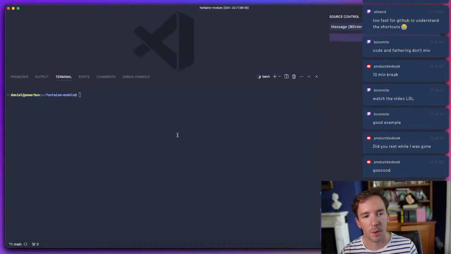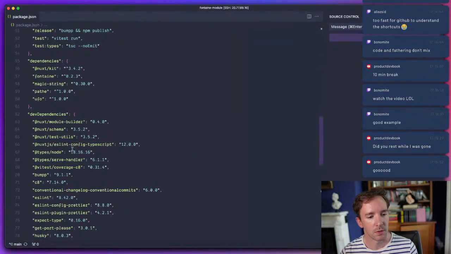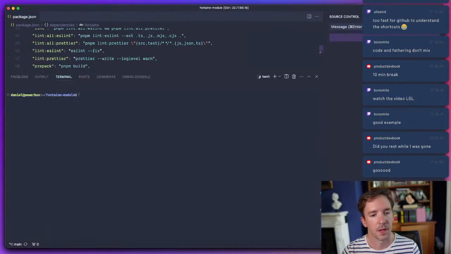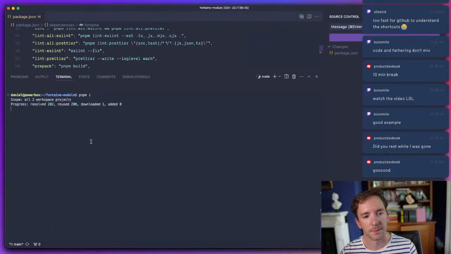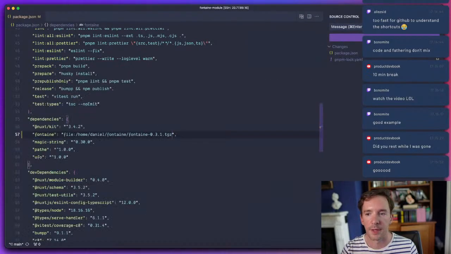Okay, so we're going to swap into our fontaine module, and now we actually depend on an older version of fontaine, but we'll just do it like this and install it. It's going to, as closely as possible, match the experience of installing this from a live